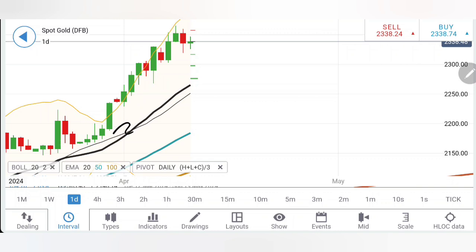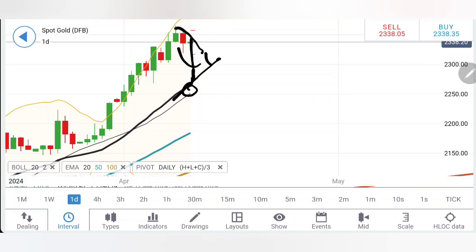Now what are the chances? Again, you should look at the divergence of the price from the moving average. Right now it is not interested to come down, but if you look at the 20 period moving average and the median of the Bollinger Bands, the 2250, 65, 70 zone has to be achieved at some point of time soon. Or it may try to consolidate a bit,